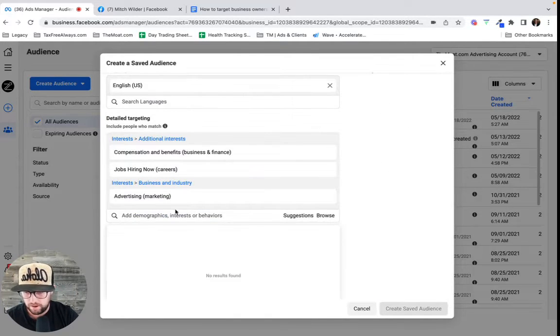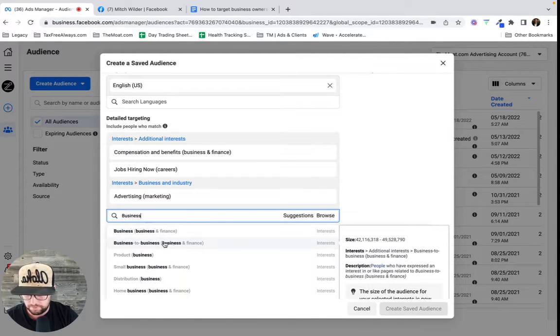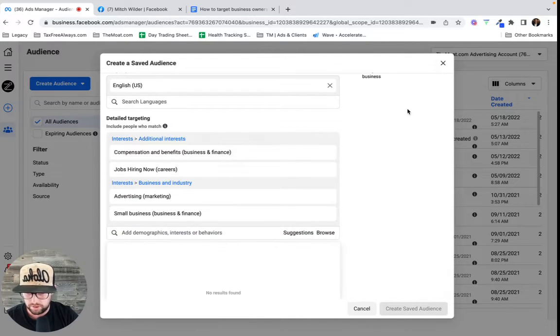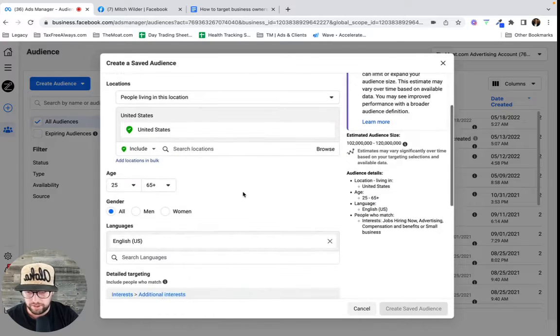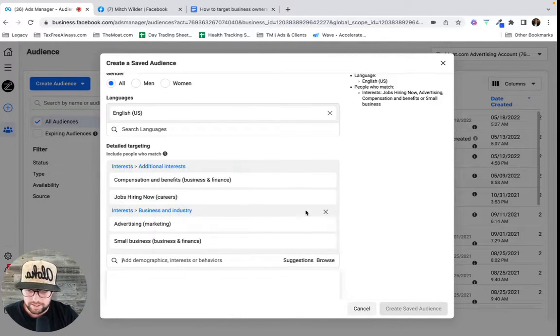Okay. Business owners are interested in, type in business. Okay, business to business, business finance, small business, right? All of these are interests. And essentially, when I start doing things like this, where I'm really advertising based on interests, the first thing that I'll do is make a kind of master list of interests.